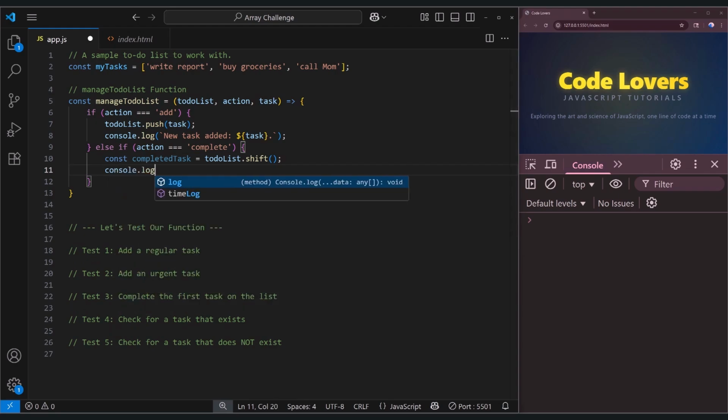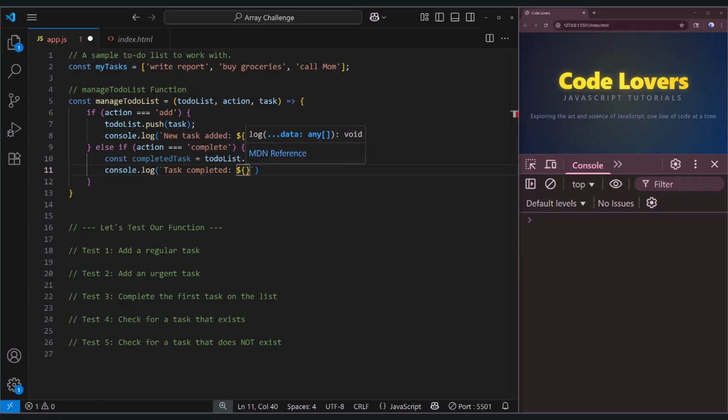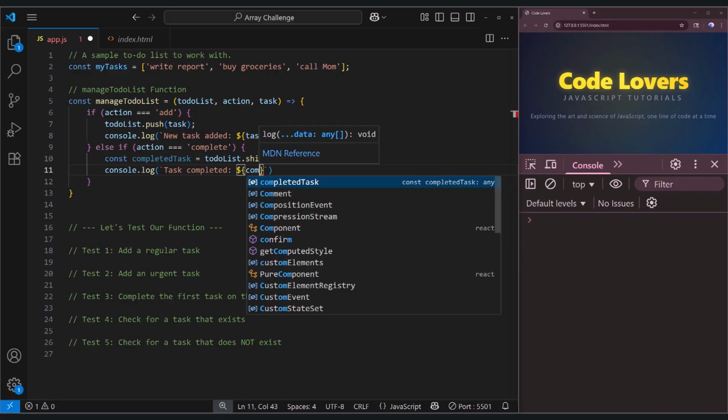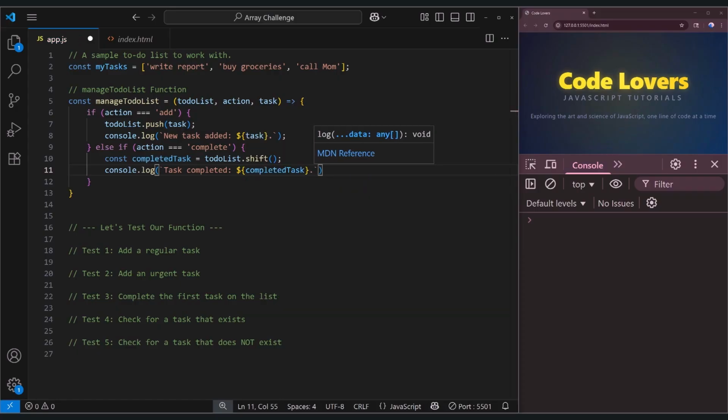Console.log backtick task completed. Colon $, curly braces, completed task. Semicolon. Next, else if action equals to add urgent